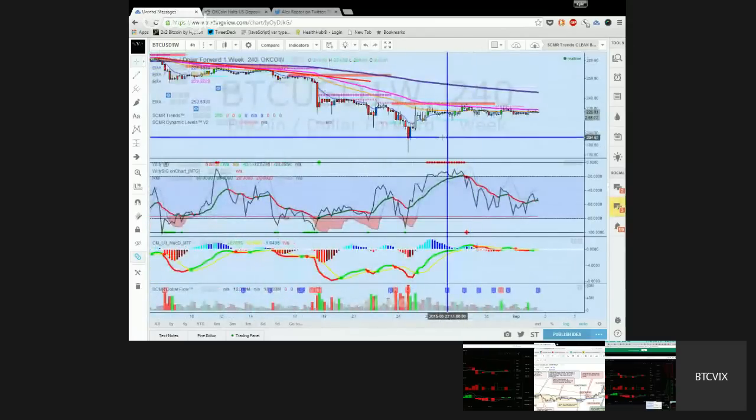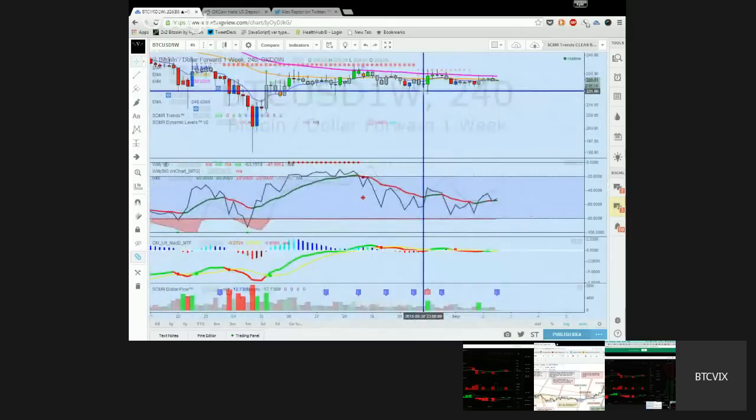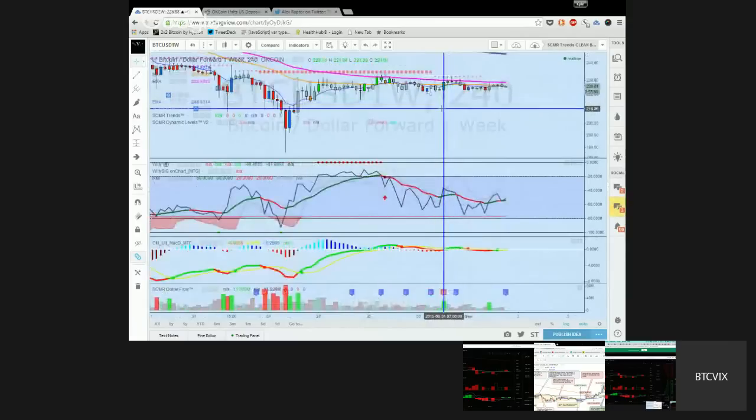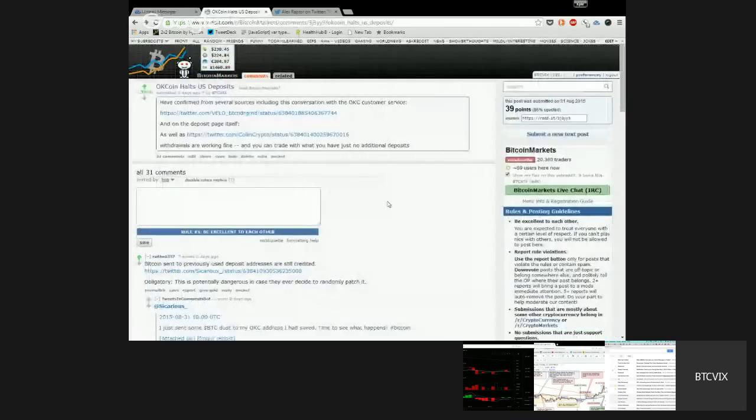After all the price action from the last couple of weeks, it's been quiet, at least on the price action front. But Bitcoin always has some kind of drama or developments going on. So we recently found that OKCoin will be halting U.S. deposits, and more specifically, U.S. people couldn't use Bankwire or other methods before, but now they're actually halting Bitcoin deposits.